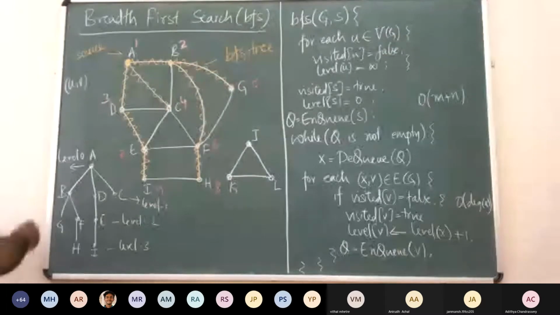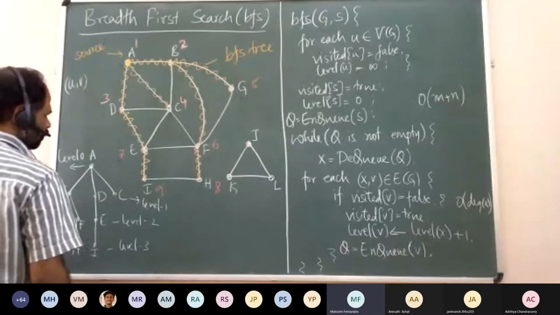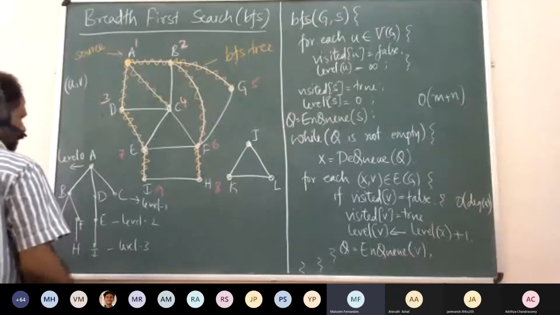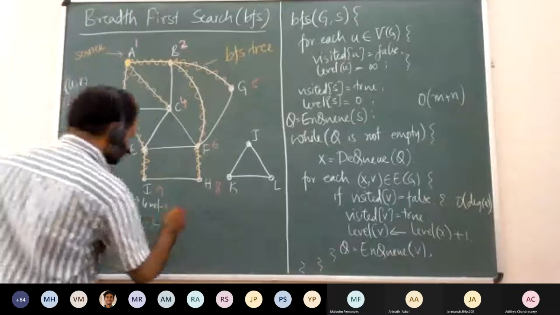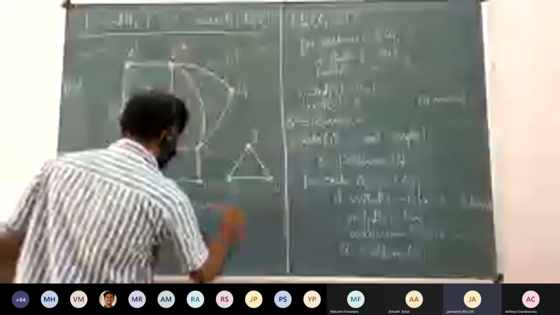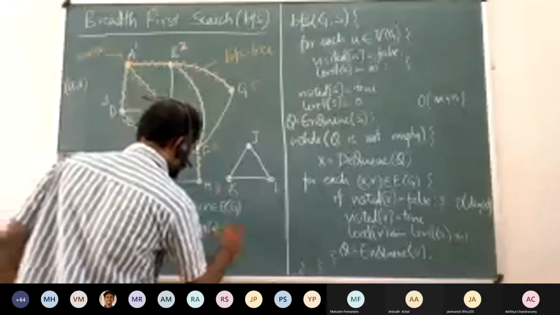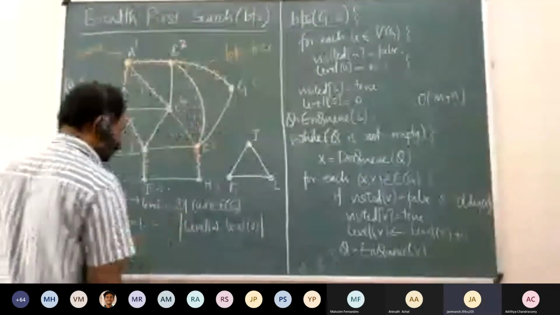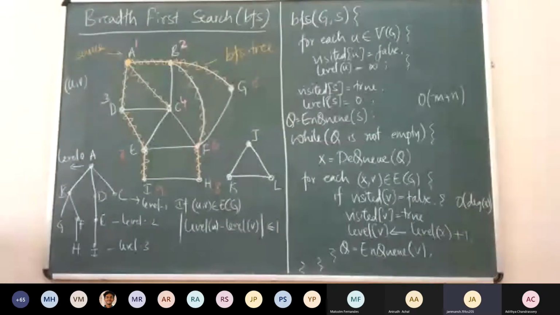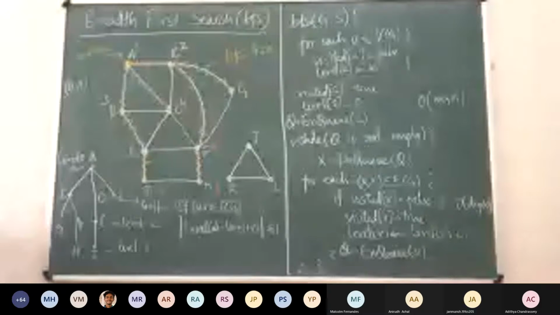At most 1, right? So for example, you can take D and C over here. It's an edge, but they don't differ by any level. Yes, that is what at most by 1 means. So the absolute value of level of U minus level of V is at most 1. But in the example, C and D are an edge, but the difference in their levels seems to be 3.